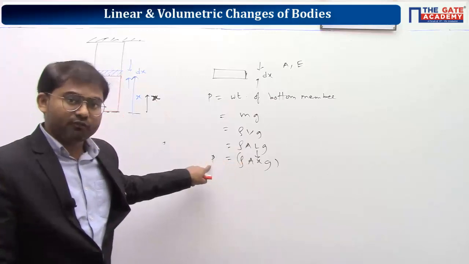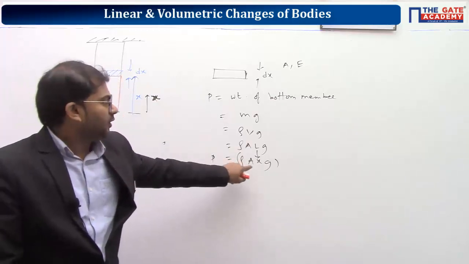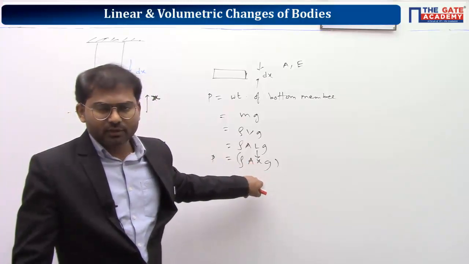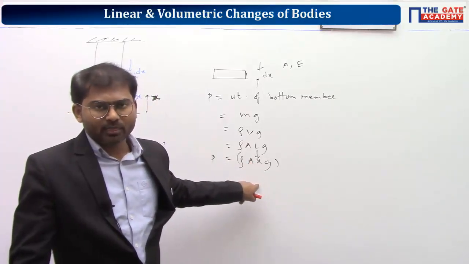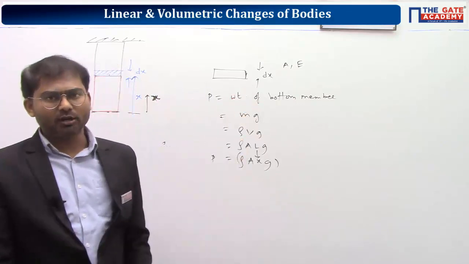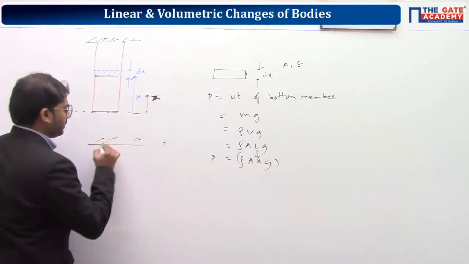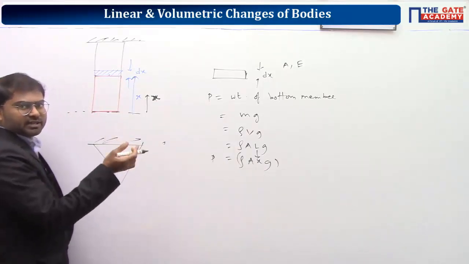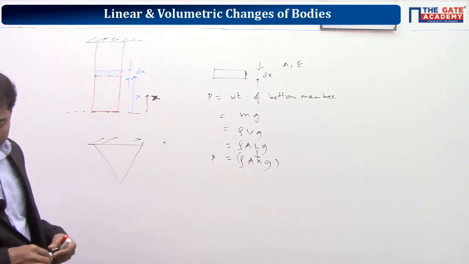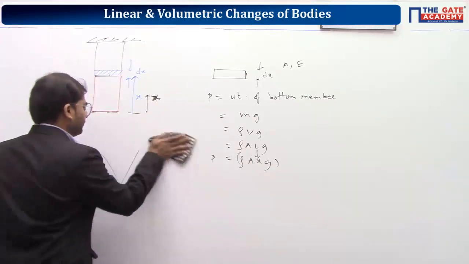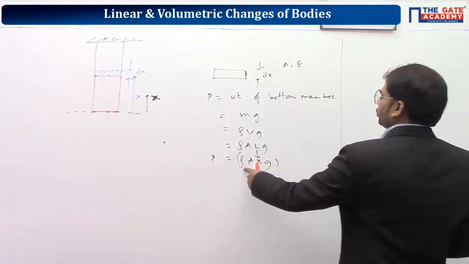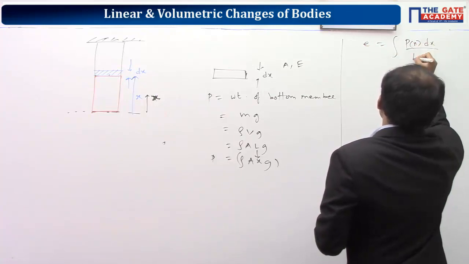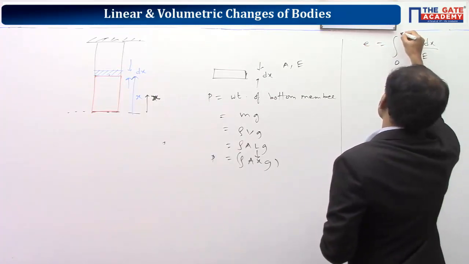Understand? So you can derive the value of force again in terms of the function x itself, the independent variable x. Generally that will be valid for a tapered rod or triangular rod, but that is not there in the syllabus. If the area is also varying, you should take area as a function of x and do the integration. Anyway, we are doing it for this one itself. So load is equal to rho A x into g, and we have the formula: integral of P of x dx by area into Young's modulus, where x varies from 0 to L.